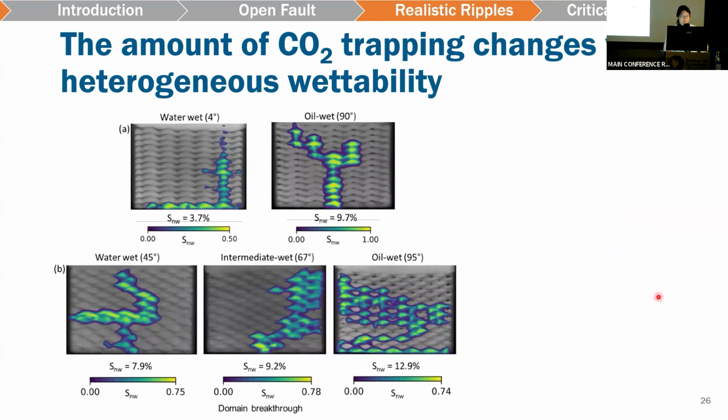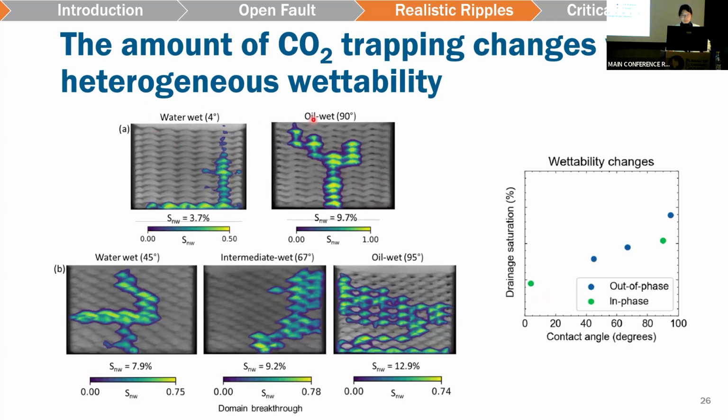And finally, for our last set of experimental results, it's not just the type and the degree of heterogeneity that matters, but also the wettability of the bedforms. So by wettability of the grains, I mean the surface properties of the grain. So if it's more water wet, it means that water tends to stick to the surface of the grain more than CO2 or oil, which is the non-wetting